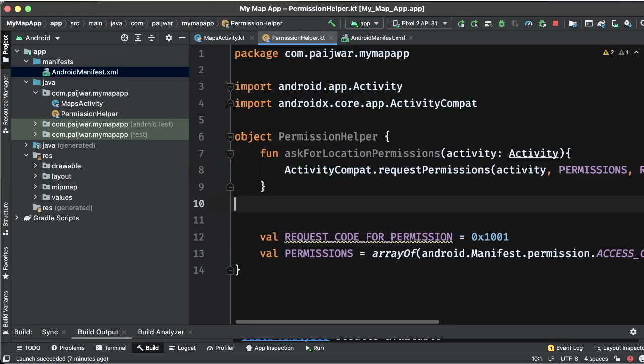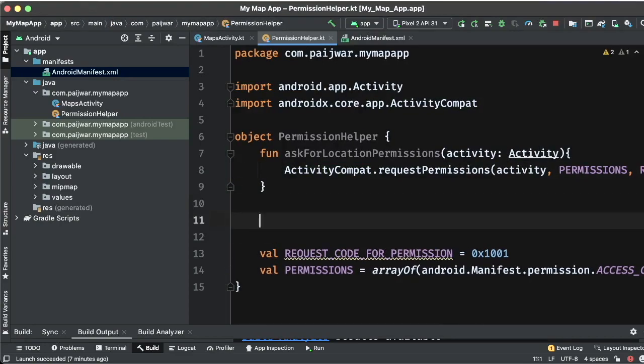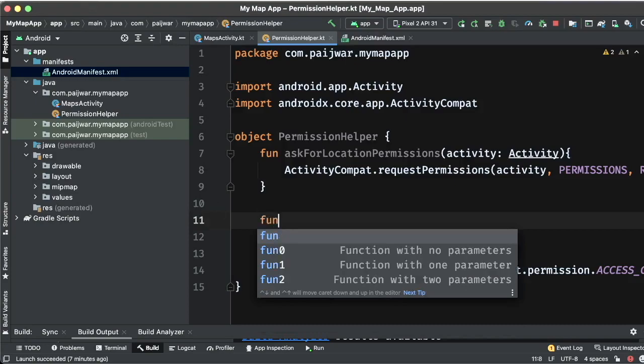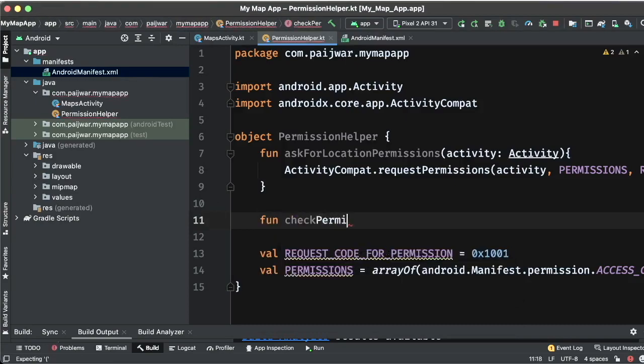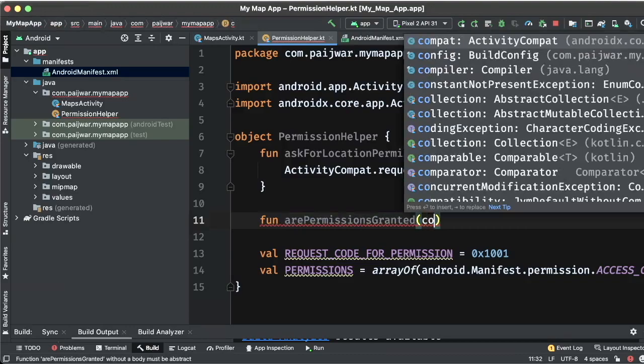The second part of this will be, we need to check whether all the permissions have been granted or not. So I'll be writing a check, is permission or permissions granted. And to check this, we will need a context.